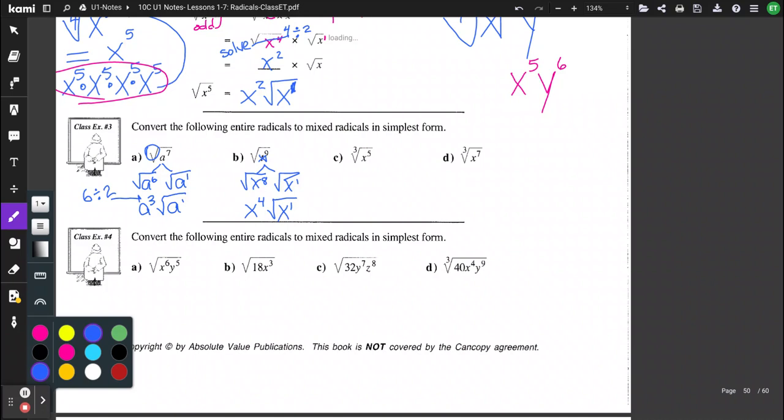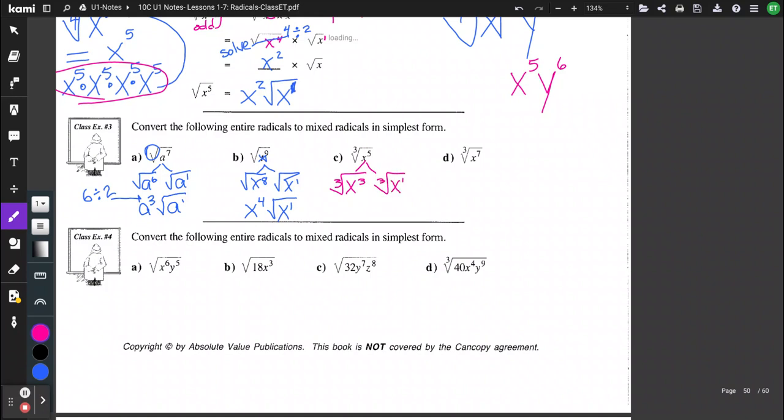Now the next one is a cube root. So now what am I breaking the numbers into? Would I be 4 and 1? It's a cube root this time. If it's a cube root, I've got to break it down into a number that divides by 3. And the only number that divides by 3 that's less than 5 is a 3. So I have to break it into 3 and 2. So this guy's going to break into cube root x to the 3 and cube root